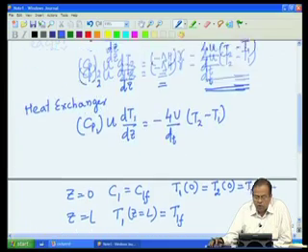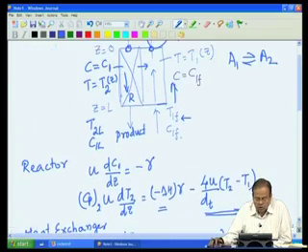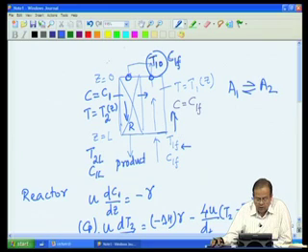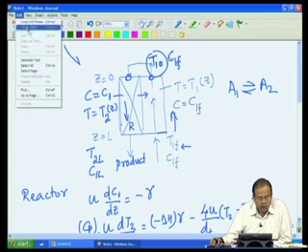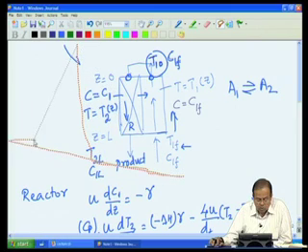Now, before we look at how we solve this problem numerically and look at the numerical solution, let's try to look at what kind of qualitative information we can get, and to do that what I am going to do is